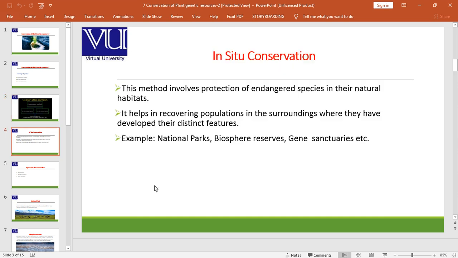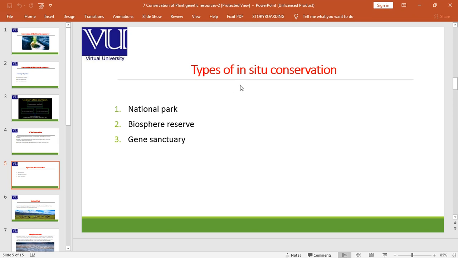In situ conservation: this method involves protection of endangered species in their natural habitats. It helps in recovering populations in the surroundings where they have developed their distinct features. Examples are national parks, biosphere reserves, gene sanctuaries. Then all the types of in situ conservation: